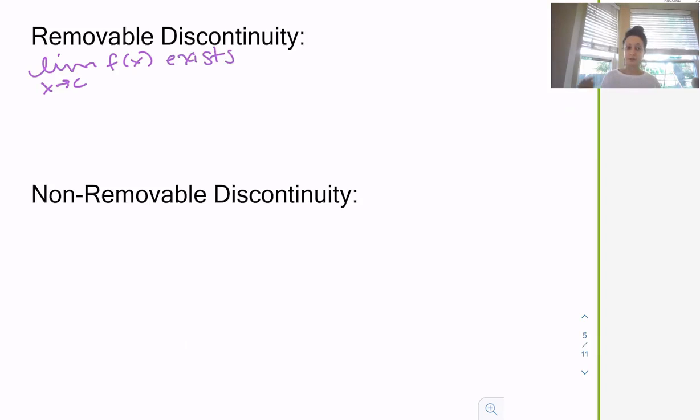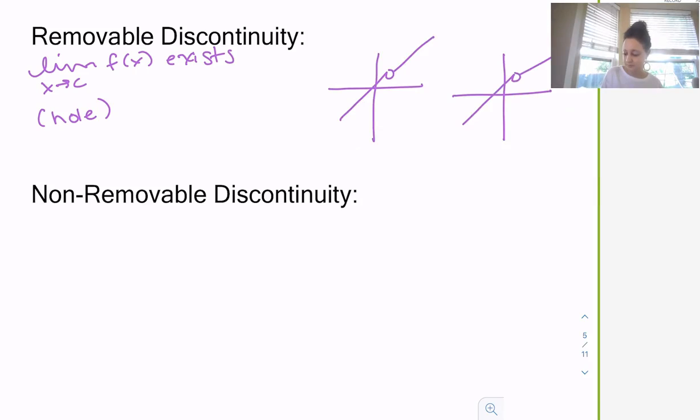Okay, so algebraically speaking, this is where you're going to have a hole, right? So you may have something like that. Again, the function value may exist or it may not, but the point is the limit does exist. However, it's discontinuous because either the function value does not exist or the function value is not equal to the